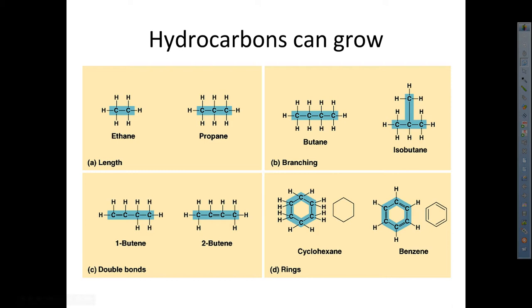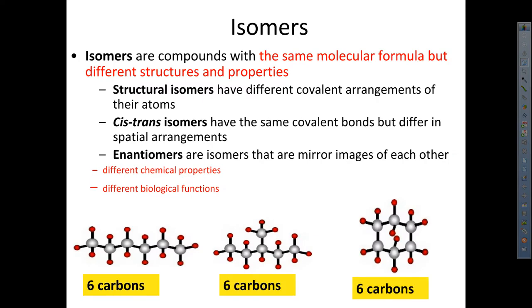Another important part of carbon chemistry are isomers. And so these are compounds that have the same molecular formula but a different structure. And so these three molecules at the bottom all have 6 carbons. They all have the same amount of hydrogens, but they are very, very different molecules and will react differently within the body. And so you can have structural isomers that have a completely different arrangement, which is what we have here. You can have cis-trans isomers that are bonded